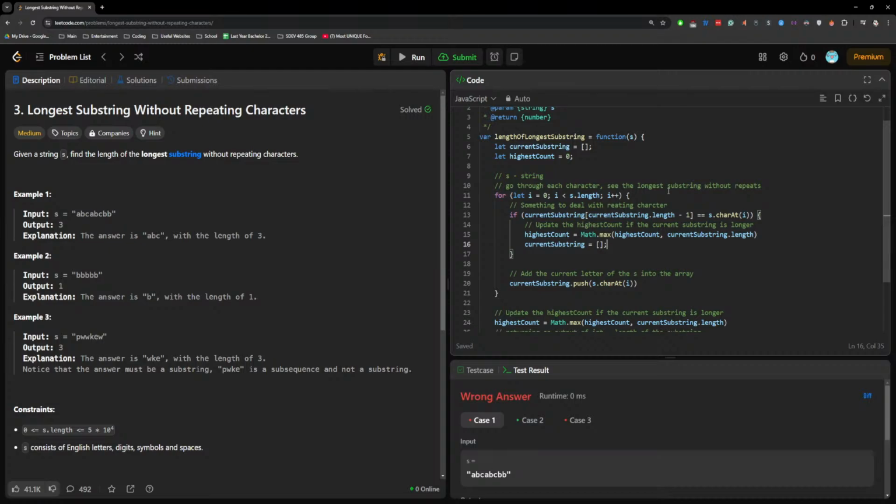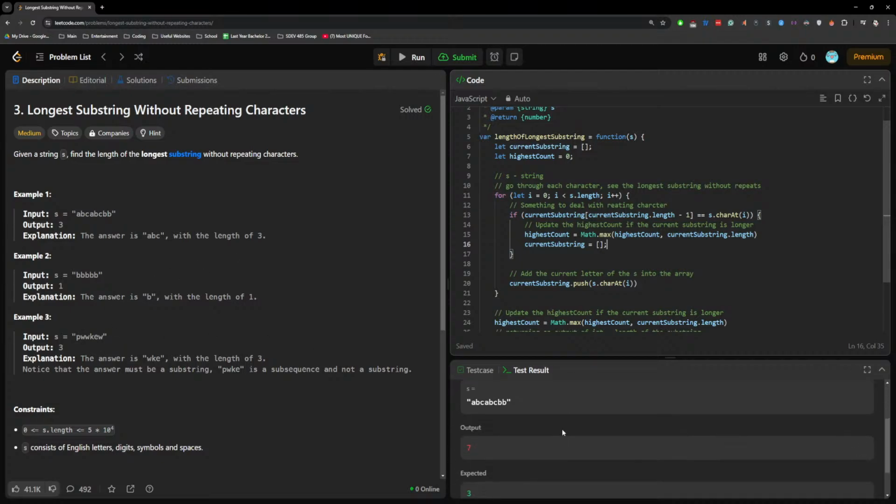Well, why is the output 7? That one. So yeah, okay, that makes sense. But